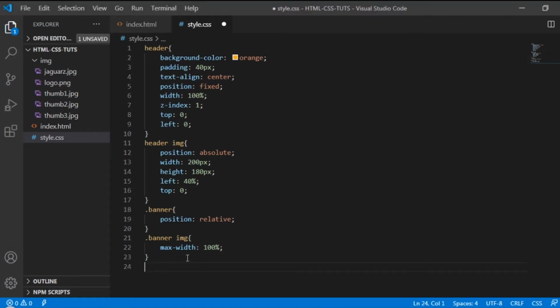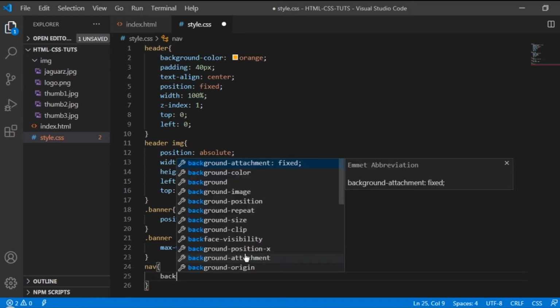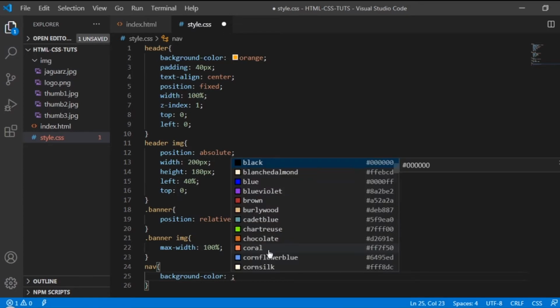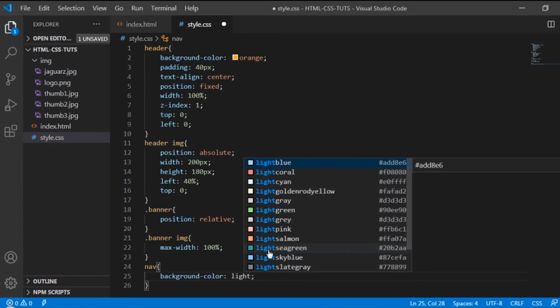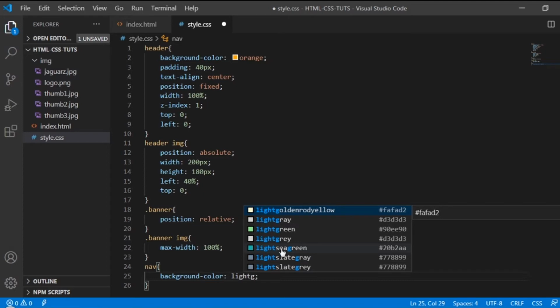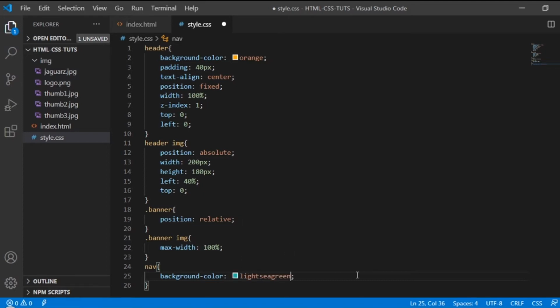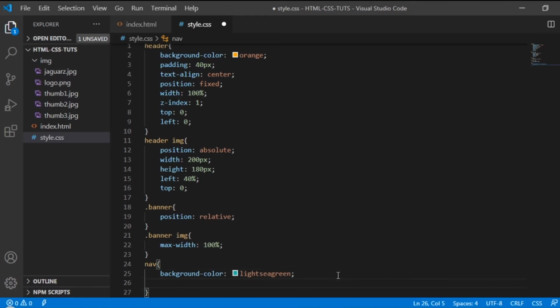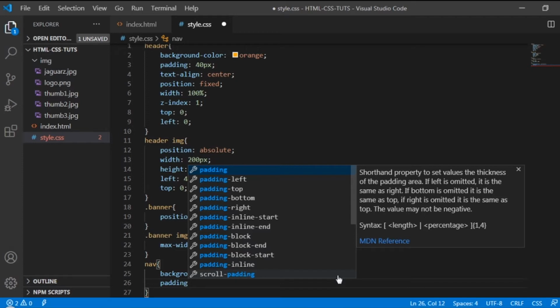So let's target the nav first, the nav, and then let's create a background color. So the background color of the nav, light green. Okay, and then the padding, so let's say for example the thickness of our padding is